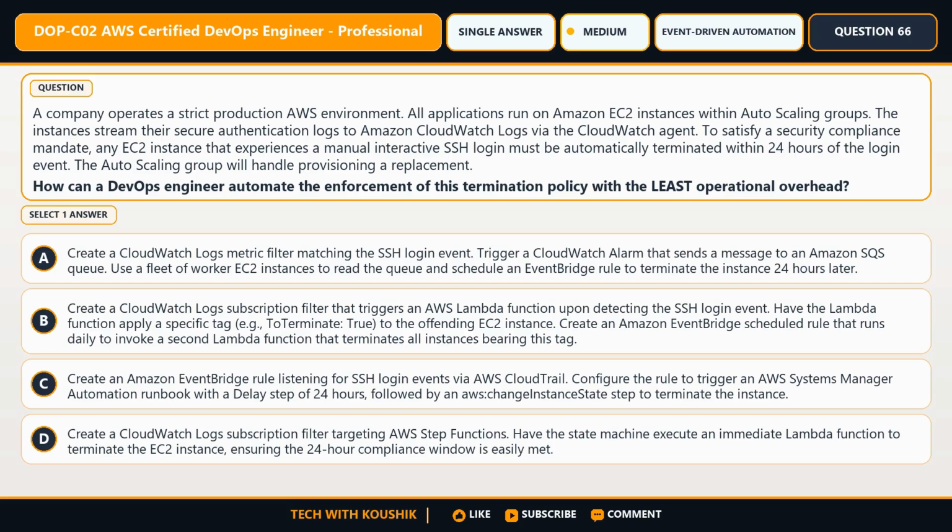A company operates a strict production AWS environment. All applications run on Amazon EC2 instances within auto-scaling groups. The instances stream their secure authentication logs to Amazon CloudWatch Logs via the CloudWatch agent. To satisfy a security compliance mandate, any EC2 instance that experiences a manual interactive SSH login must be automatically terminated